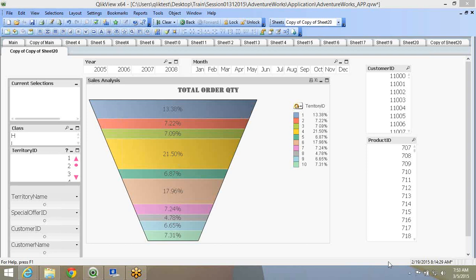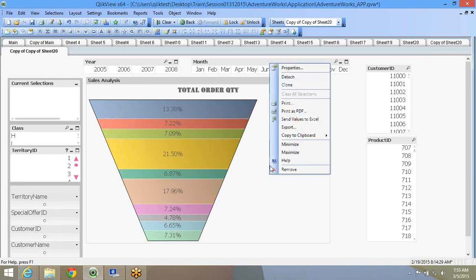Well, total order quantity. So you can present it as 1 to 10. So basically over here it is the size of the band, right? It describes the percentage share of it. The height and size, the width and size is basically, it doesn't matter where it is located. So basically it is ordered by the territory ID.